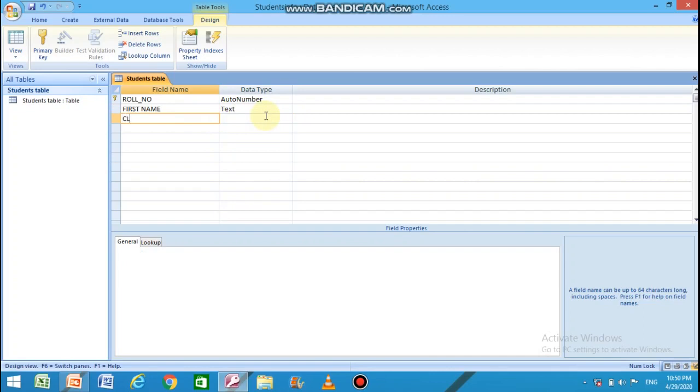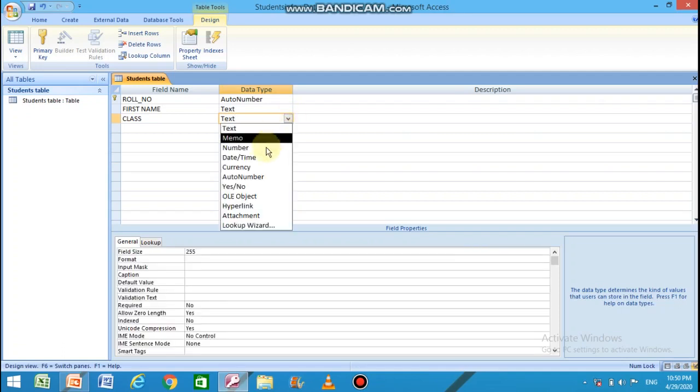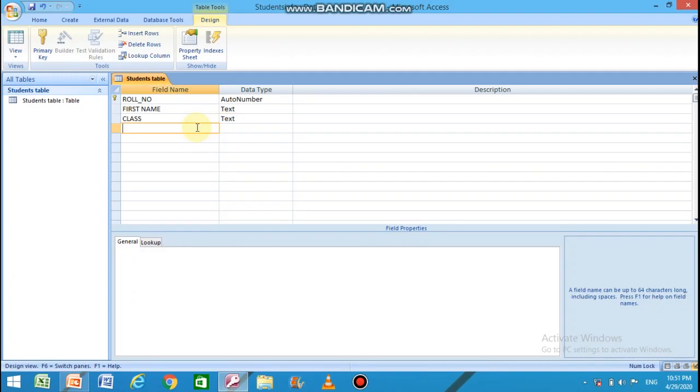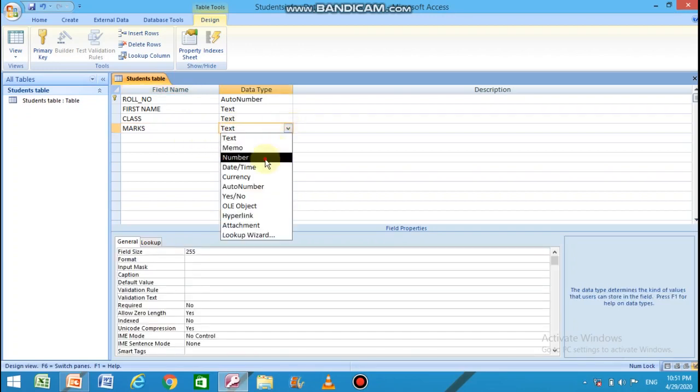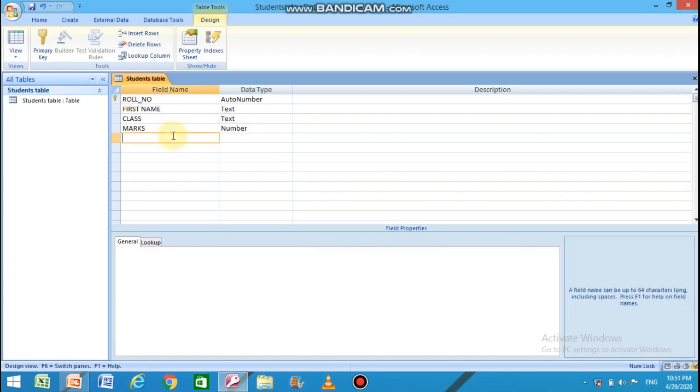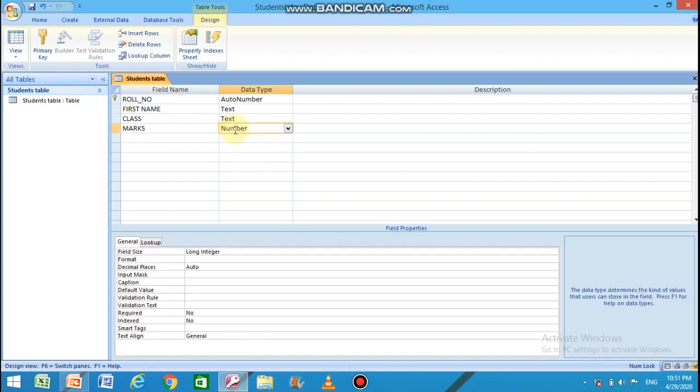Next is class. Class could be of number type or text type also. We are not going to do any calculation with the class number, so that number could be a text. So let us keep it like text. Marks, it should be of number type. Let me give its default value as 0.